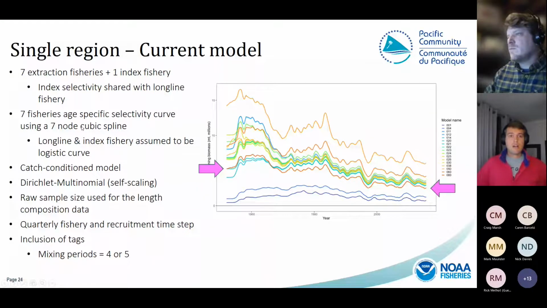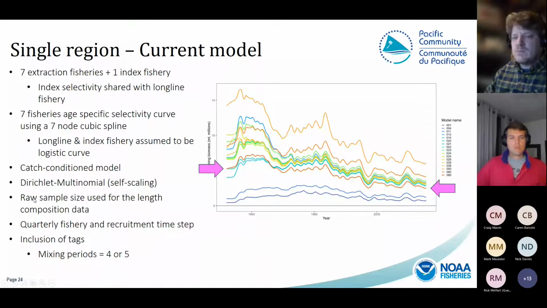There's a lot of 7s there. You had a long line and index fishery assumed to be parameterized with a logistic curve and not with a cubic spline. We went with the catch conditioned approach, Dirichlet multinomial self-scaling likelihood for the length composition data, and used,